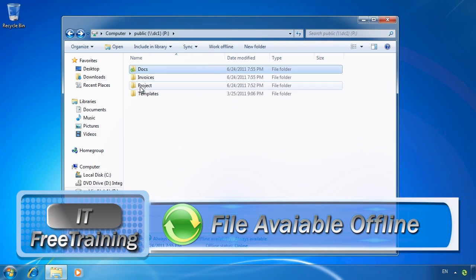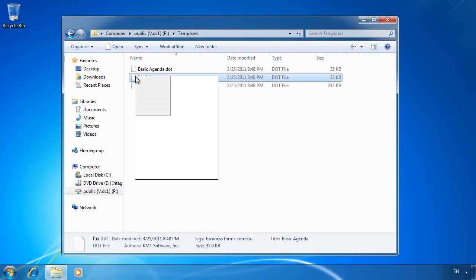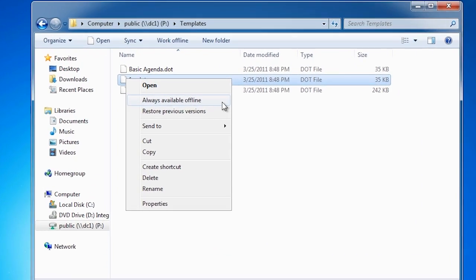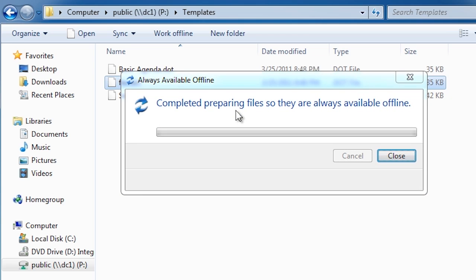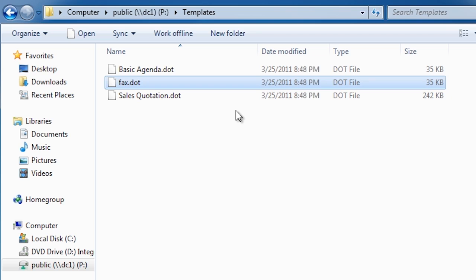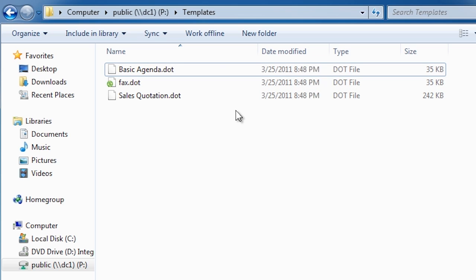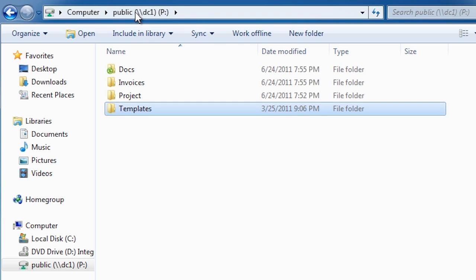If I go into the folder Templates, if I only want to make certain files available offline, I can individually select them and select Always Available Offline. Currently, offline files is in online mode. In online mode, writes will be directed to the server and reads will be performed from the local cache where possible. Notice that I have the option at the top to switch offline folders into offline mode by selecting Work